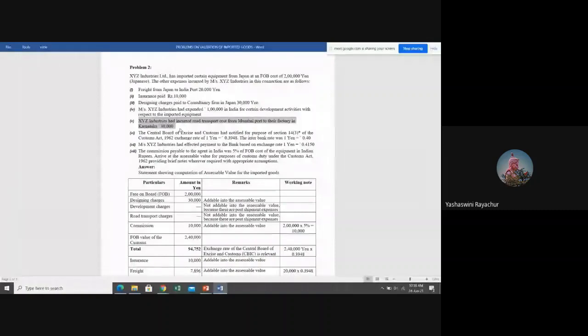So what is the reason for not including it? Ma'am, all the expenses should be included until the goods are cleared by the clearance officer at the customs. Very good, you're absolutely right. So it is a post importation expense, so you have to not include it. Now students, the theory part of this I've already covered. That is the reason I'm making it an interactive session. Otherwise, I'll just simply explain it and you'll just see how to solve it. But when you relate that theory to this practical part, then it becomes easy for solving it. Okay, let us move ahead.